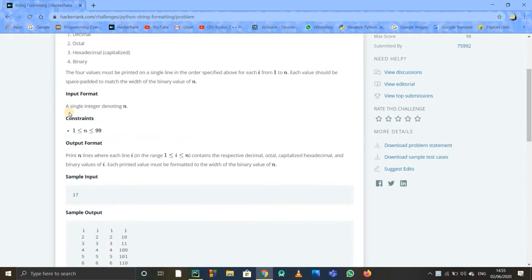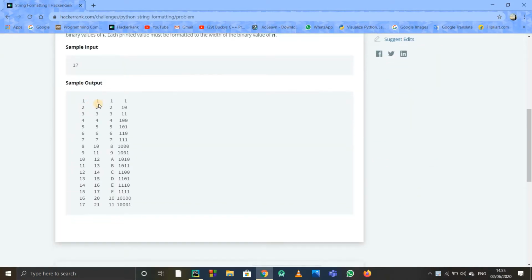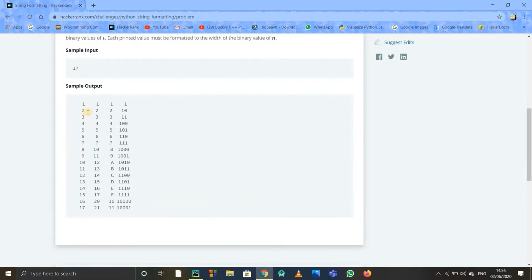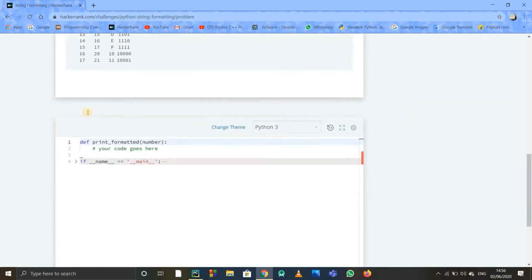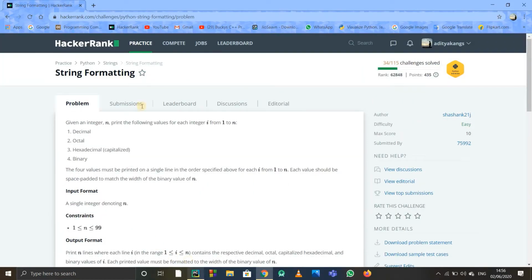This thing is pretty simple. You can Google it as well, so there's no problem in it. But to print it in this manner, that is, aligned on the right side, we have to think about it. If we look at the inbuilt functions of Python, we can use the direct inbuilt function called right justification, or in short, rjust. You can Google it if you don't know it. Okay, I'll just start with the problem directly now.